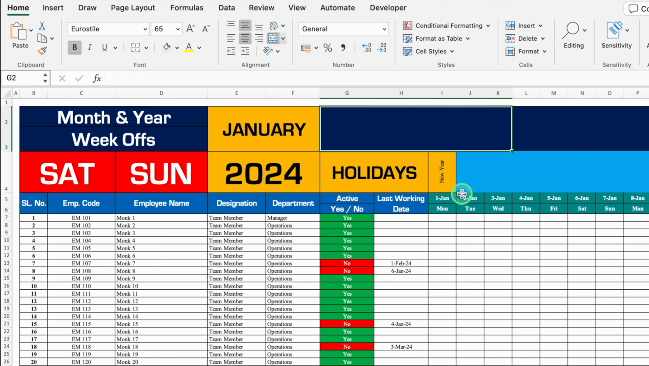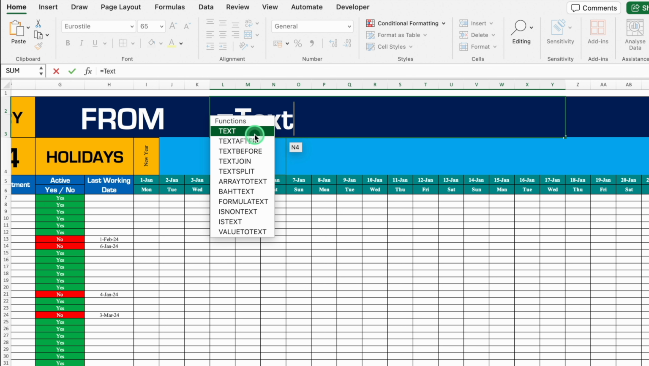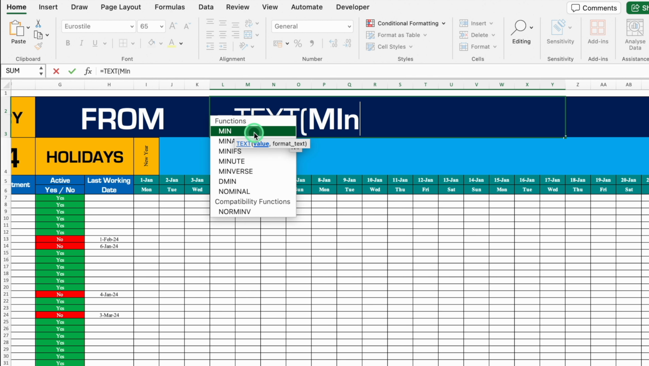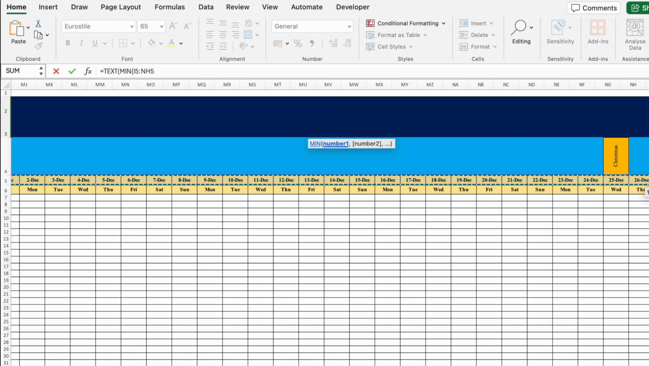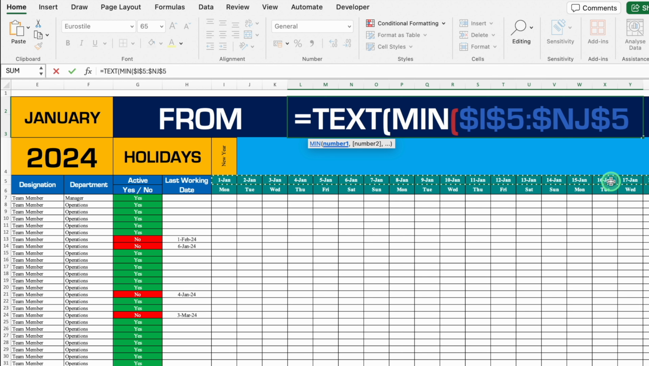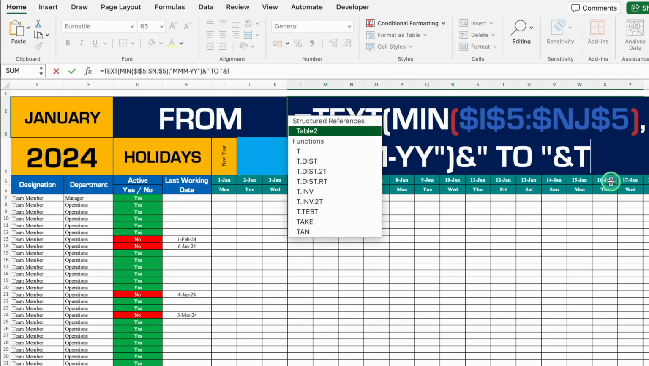Over here I'll type from. We'll come to right. Over here we will insert our formula, and our formula will be plus or equal to TEXT, bracket open, MIN, bracket open. We'll click on first date and we'll select till last date of the year. We'll press function F4 and the cells will be locked, bracket close, comma, double inverted comma, MMM-YY, double inverted comma close, bracket close, and double inverted comma, space, 2, space, double inverted comma, and TEXT, bracket open,